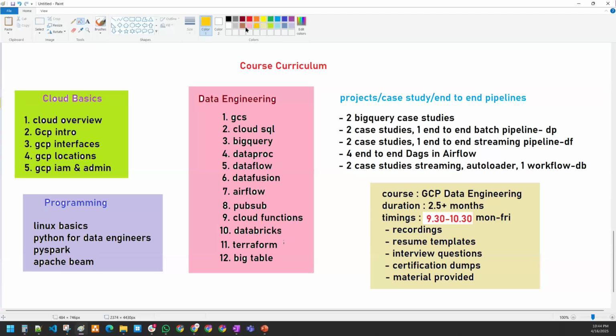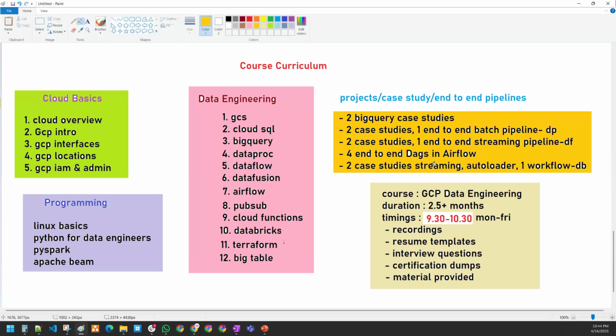And projects. Some people may be asking, sir, what are the projects that we are covering? So here it is, guys. 2 BigQuery case studies we are covering. 2 case studies on Dataproc, so an end-to-end batch pipeline we are going through. I'll show you these things also. Don't worry, I'm not just writing up here, I'm going to show everything. One is for Spotify, and one more is for social media. 2 case studies and 1 end-to-end pipeline, nothing but 3 here. 2 case studies plus 1 end-to-end streaming pipeline on Dataflow, nothing but 3 here. 2 plus 3 plus 3. 4 end-to-end DAGs in Airflow. Very, very important for orchestration pipelines. Here 4.